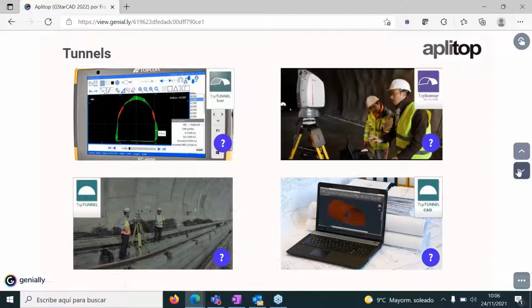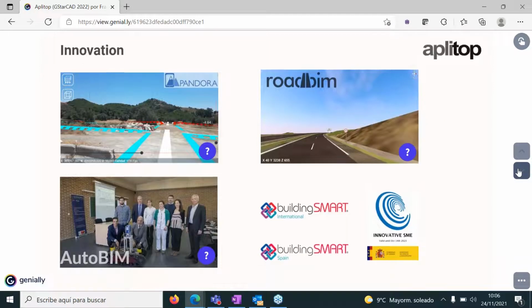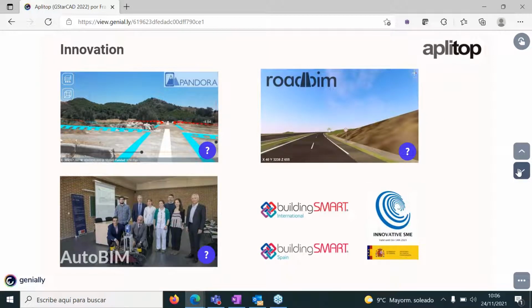Those are the products from Aplitop, and just to mention, we have been awarded by different organizations because of our innovative work. Constantly we are developing new solutions. We've done product research in augmented reality, virtual reality, and BIM sectors.